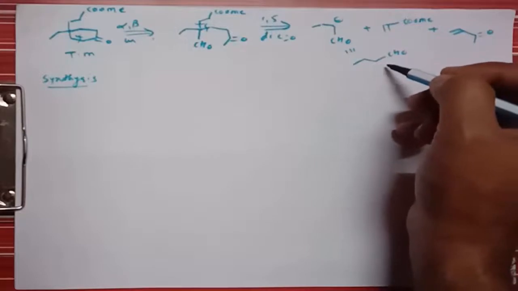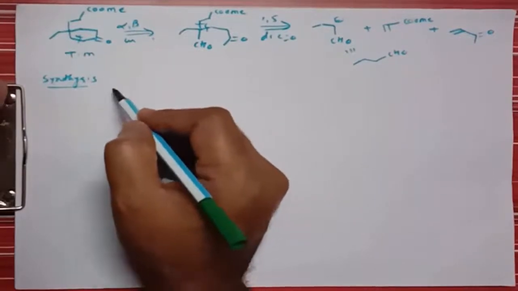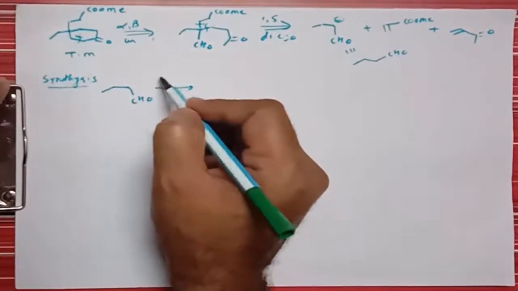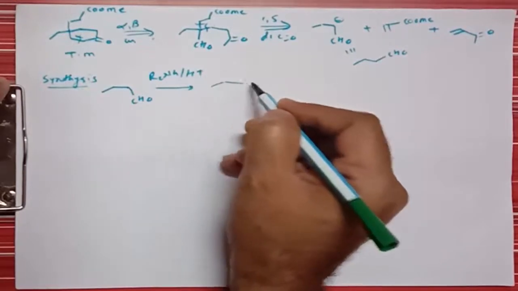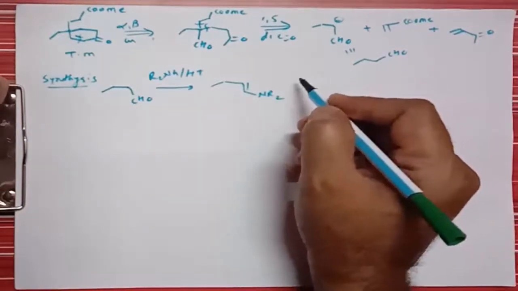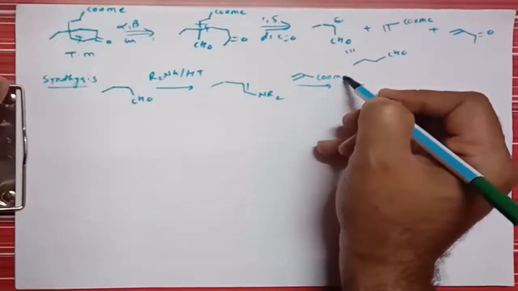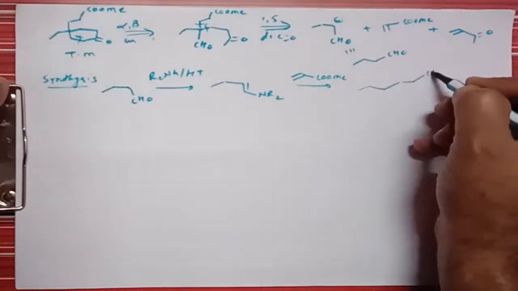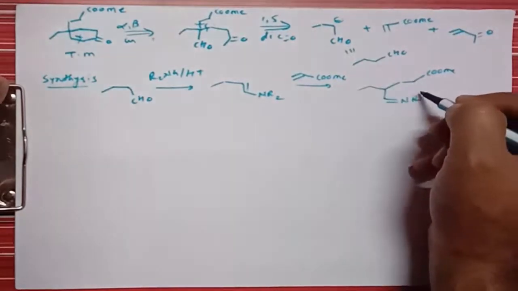Therefore instead of activating this position, we can use another approach, that is called the enamine approach. So what is the enamine approach? Initially we have to take this aldehyde, then treat this molecule with amine in presence of acid. So what we get? We get such a type of imine, right? And then in presence of base, we can treat this molecule with an ester. So we get a molecule like this, that is an imine molecule, right?